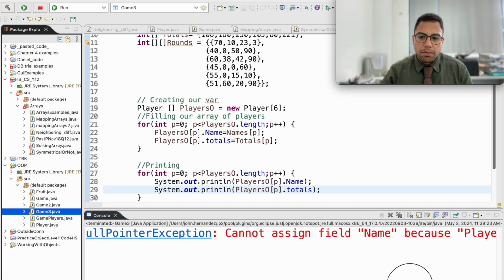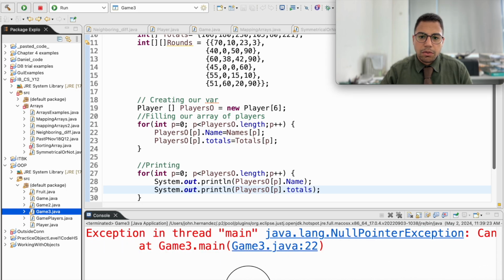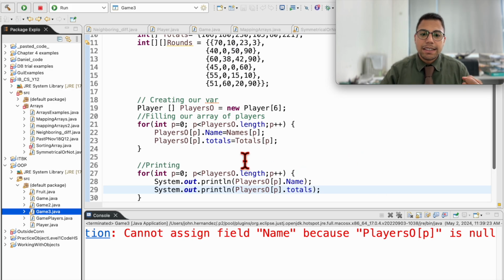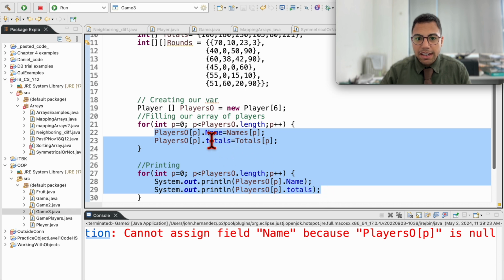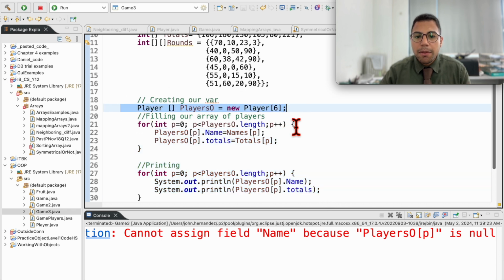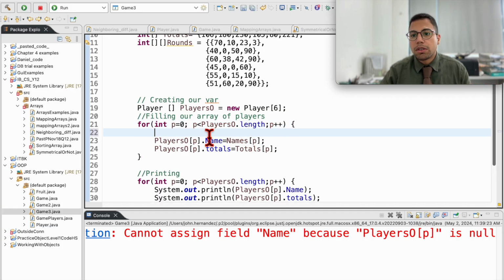and we have a problem because players[p] is null. Yes, this is because we never create our new object here, right? We just create an array of objects, but we never create a new object. So here what we want is, every time that we do this, we want to create an object and put it on the position p. So let's say now we want to create a player, a player of the type Player. We're going to call it temp, and it is equal to new Player,